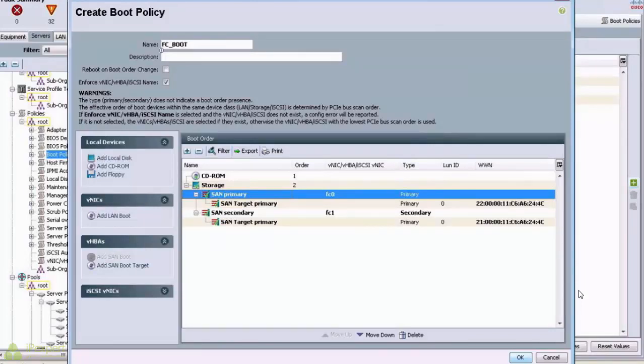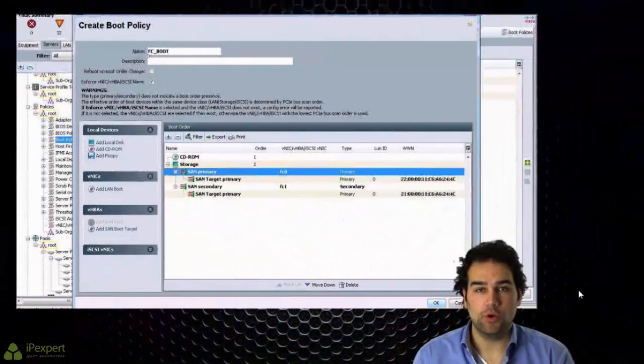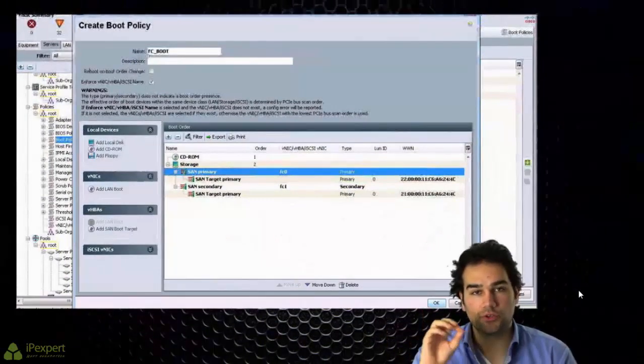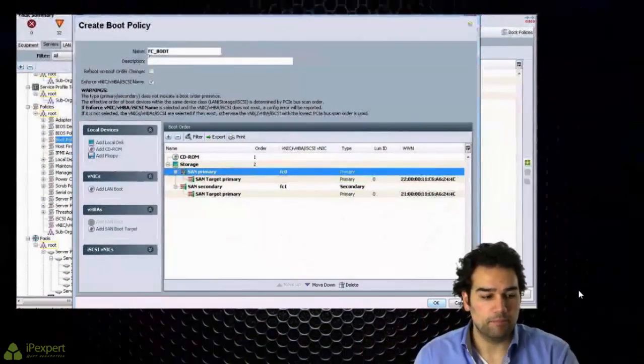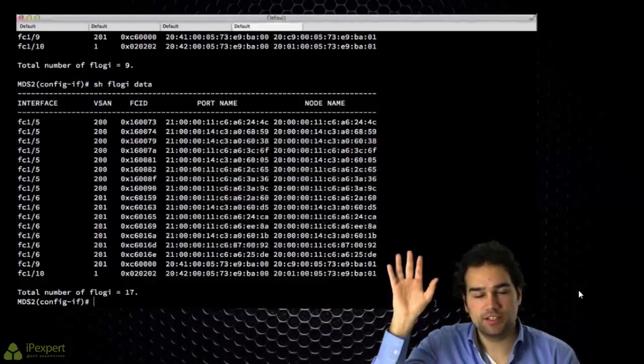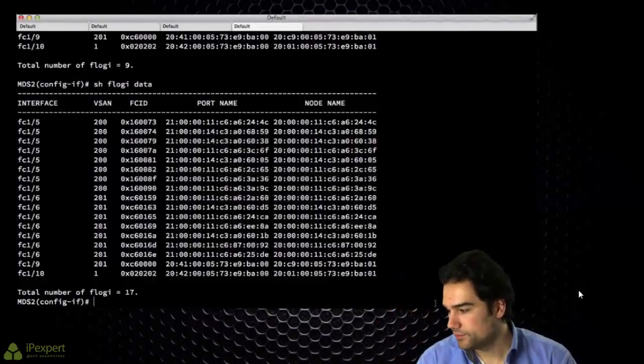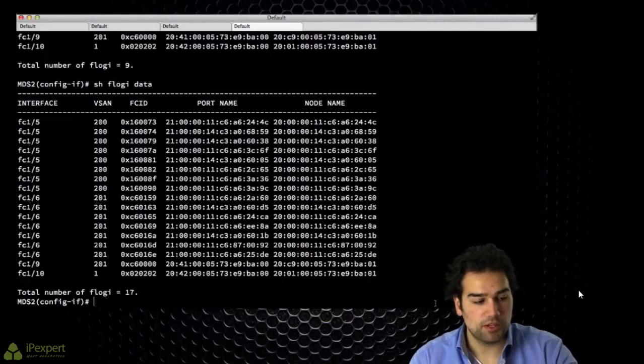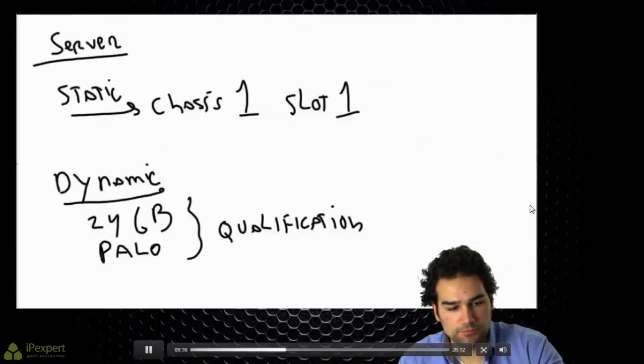So booting from a JBOD is different than booting from the VNX. Well, technically that's not different. The only difference is on a VNX, you will have only one port worldwide name that you use for all of your blades. In my case, I have a separate disk for every server. So that's different, yes, but on a VNX, so in a production environment,